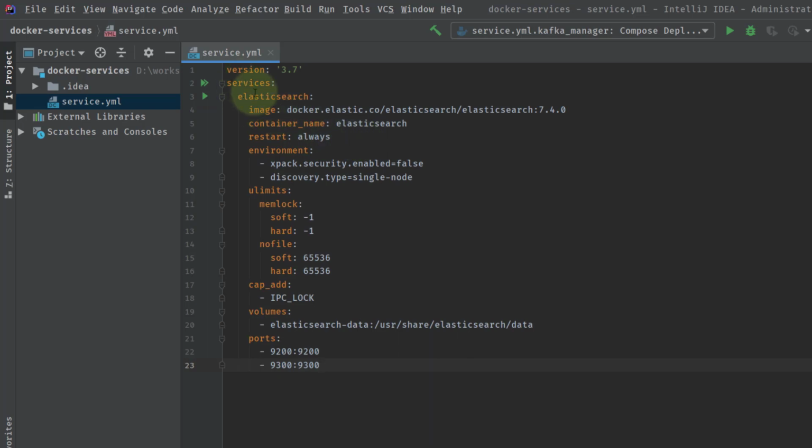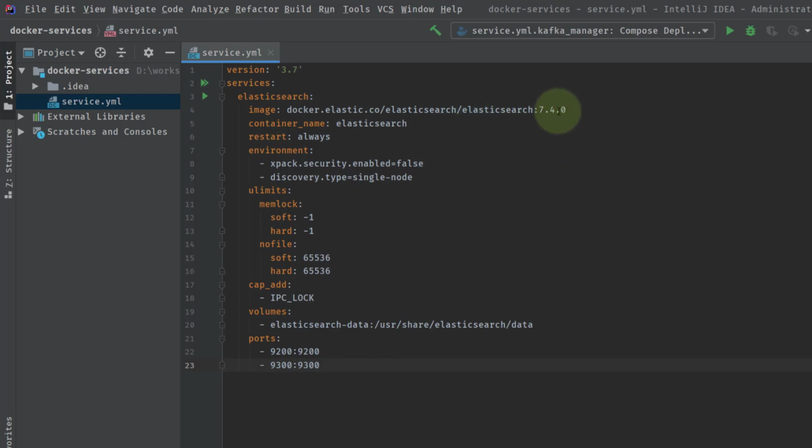So the service name is Elasticsearch. Inside the Docker environment, this particular service will be called Elasticsearch. The image that we are using for creating this container will be docker.elastic.co/elasticsearch, and the version of Elasticsearch is 7.4.0. You are free to use any Docker image for Elasticsearch, whichever you want, but I'm using this Elasticsearch image, that is Elasticsearch 7.4.0. You can upgrade it also if you want, but these are the configurations related to this.